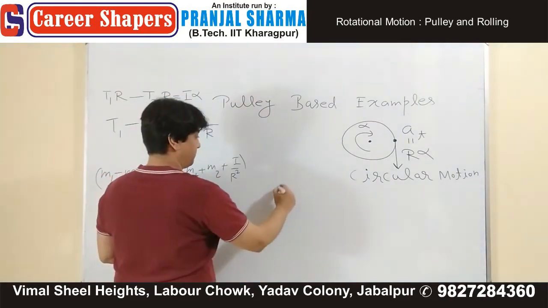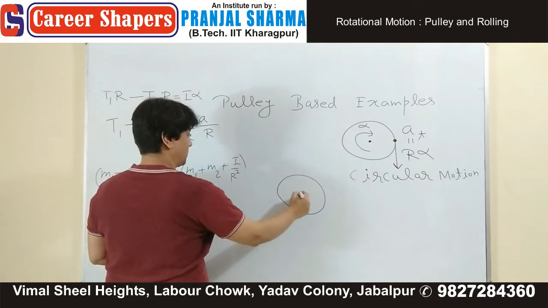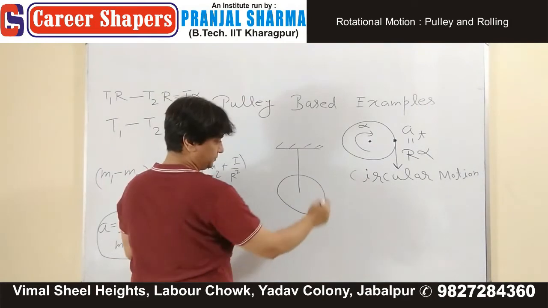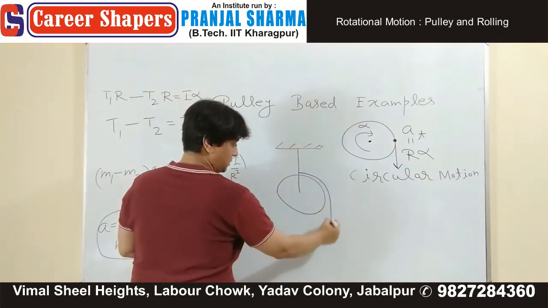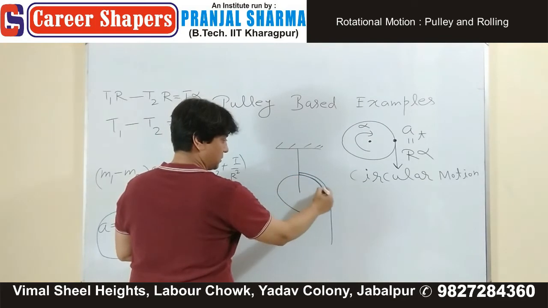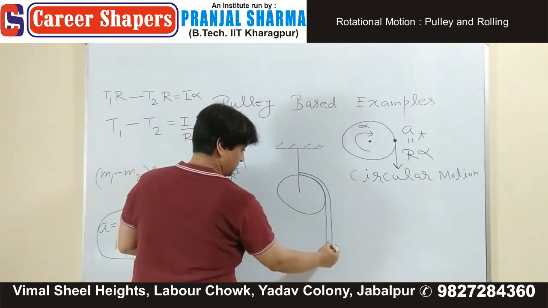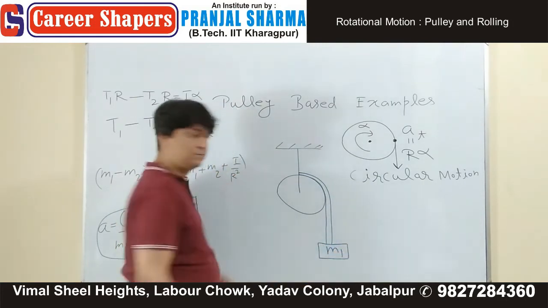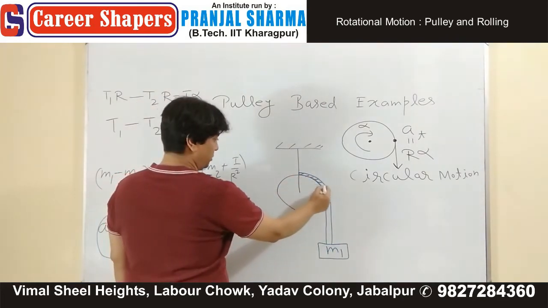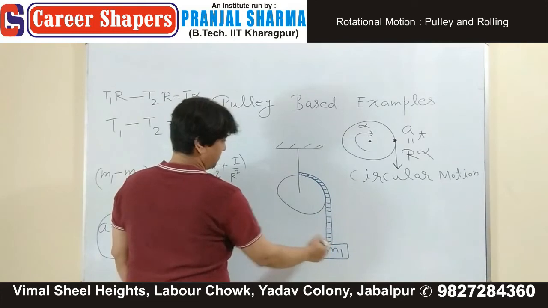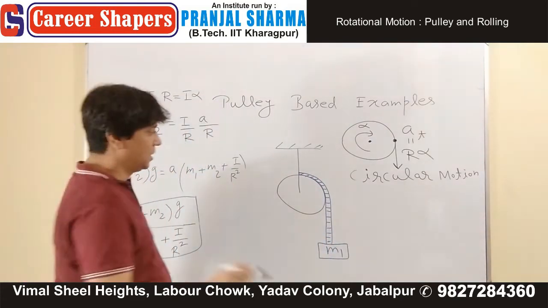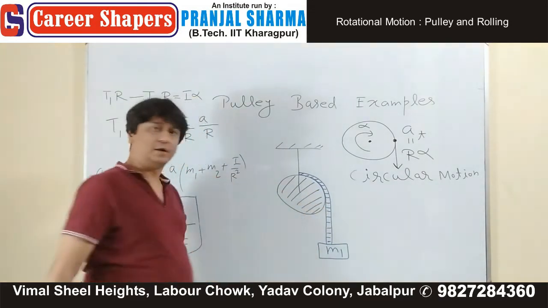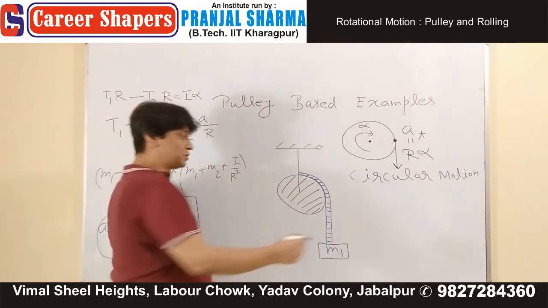That's your pulley. And this is your rope. And here a block is connected. It was M1. The thing which you see in blue is the rope, and the thing which you see in black is the pulley. And if I say no slipping takes place,